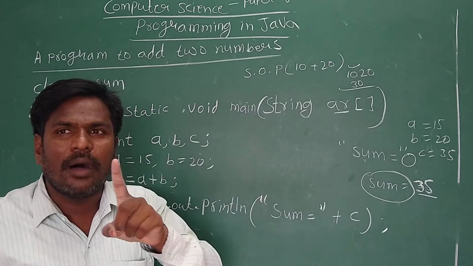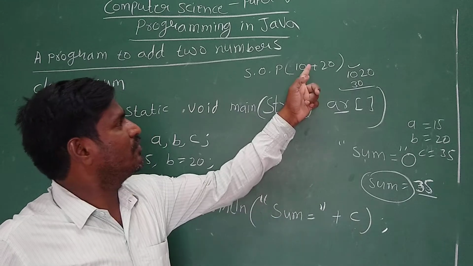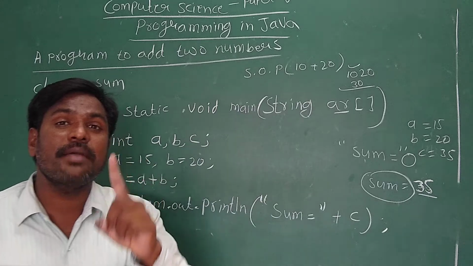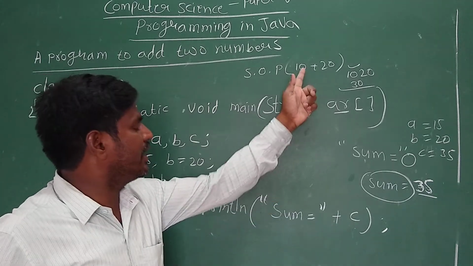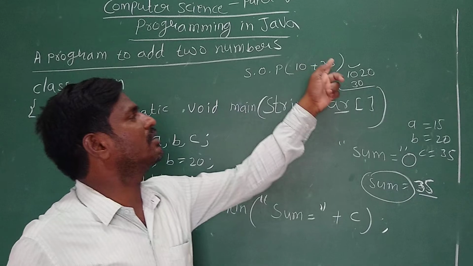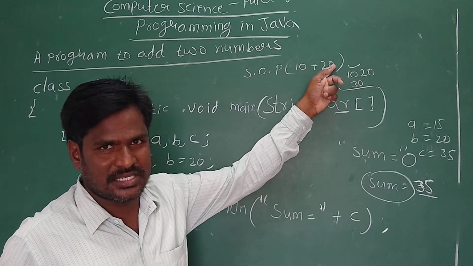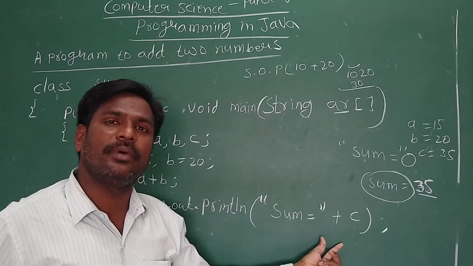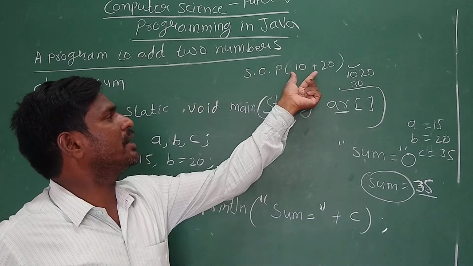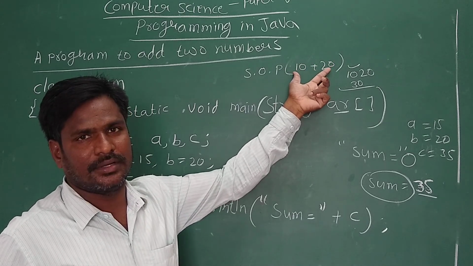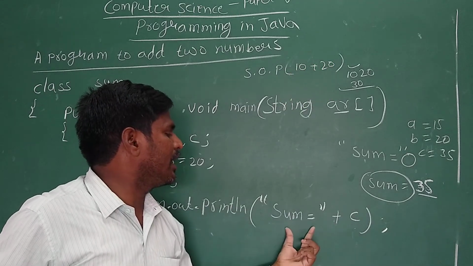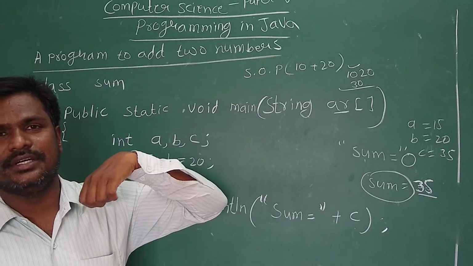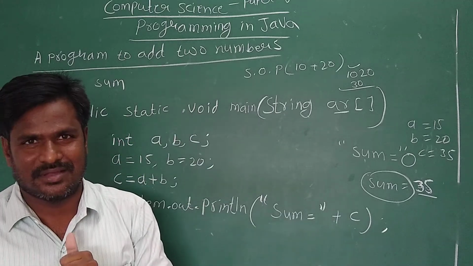That means the operator is the same, that is the plus. Here it will perform the addition operation, here it will perform the join operation. The same operator behaves differently in different situations depending on the data we are passing. Here the plus behaves like a join operation, and here it behaves like an addition operator, because here one parameter is a string, but here the parameters are integers. So that is called polymorphism.